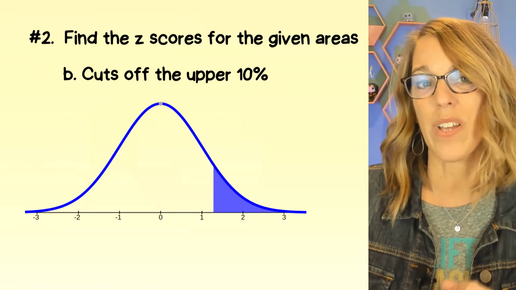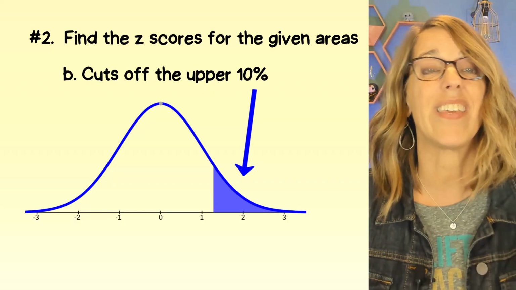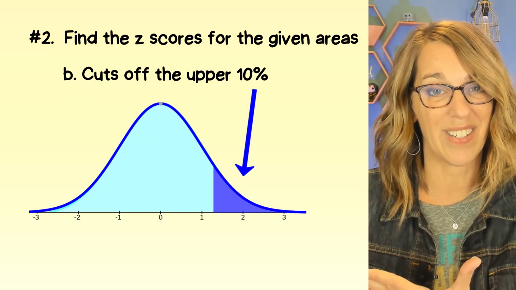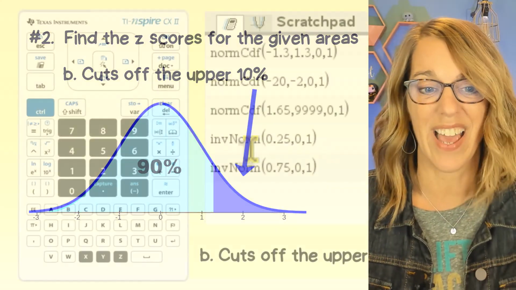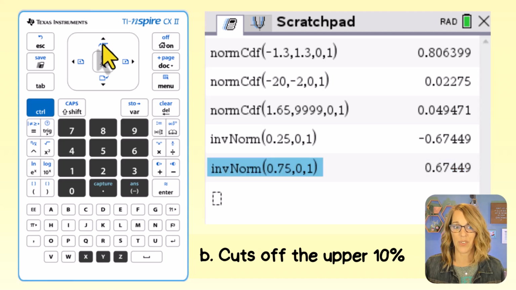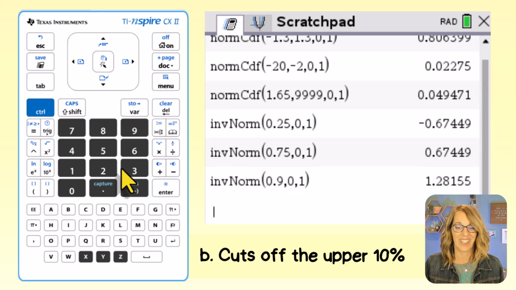In this one, I want to know what score cuts off the upper 10%. But remember, in order to use our inverse normal, we need the area from the left. So I've got 10% on the right, which means that out of 100%, I've got 90% on the left. Now, I can for sure go back into the menu, or I can go ahead and grab inverse norm from my screen up above that last entry. So I arrowed up until it's highlighted and then hit enter. I'm going to arrow back, and I want to change this 0.75, so let's delete that, into a 0.90 for 90%. Let's hit enter, and I get